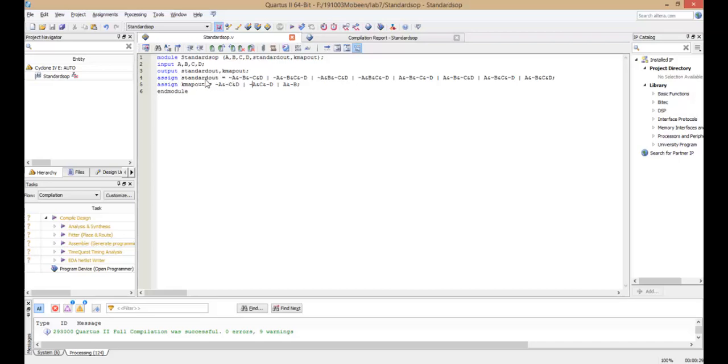Now the standard out or the standard output is the output that will be obtained using the original or the standard form of the equation, which I have written right here. This sign represents the NOT, and this sign represents the AND. This represents the OR, and you can see this equation, even writing it in the Verilog HDL, it's a bit of a task, as the equation is quite long as compared to this Kmap simplified equation. You can see it is confined to 3 products. Now after this code is written,